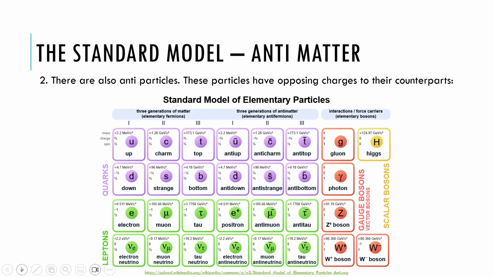So while that first slide was a little bit to take in, turns out the Standard Model just gets that little bit more complex. Not only do we have all of our fundamental particles that we've just identified, but we also have what we call antiparticles, antiquarks, and antileptons. The difference between particles and their antiparticle counterpart is they have opposing charges. So their other properties are the same. Again, the only difference is that their charges are inverted.